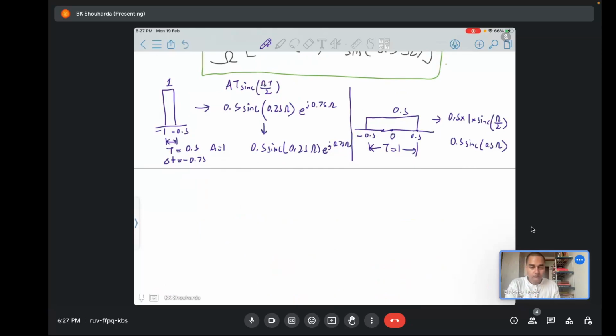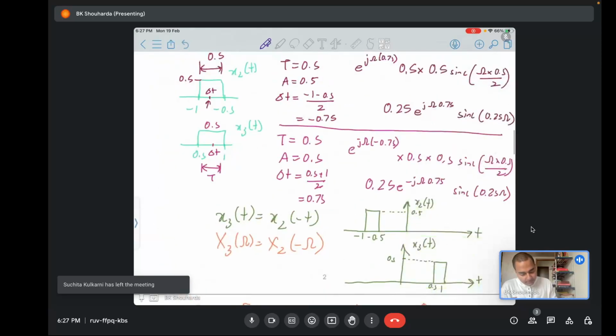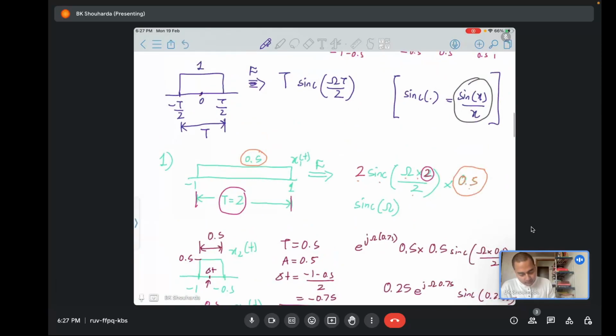Yeah, let me try to solve this. Sinc 0.5 omega and 0.5 sinc, e to the power minus j 0.75 omega. So what was happening in this case? In this case we had a wider one,